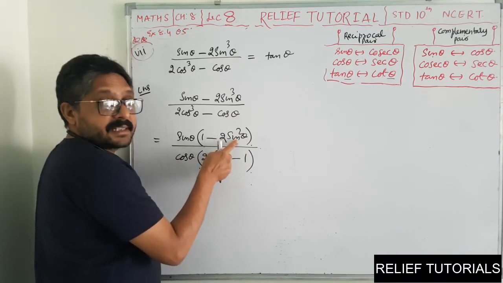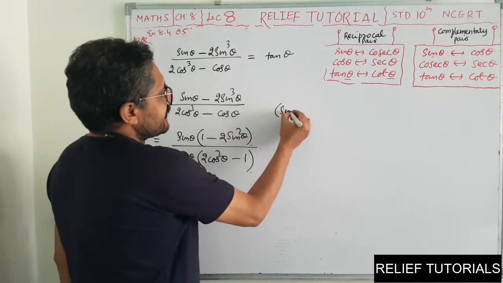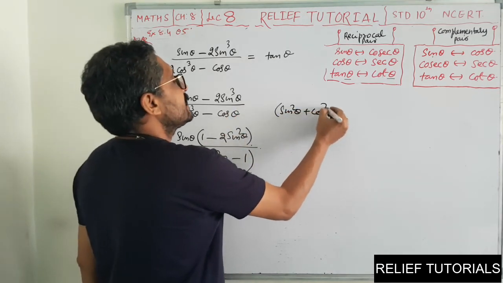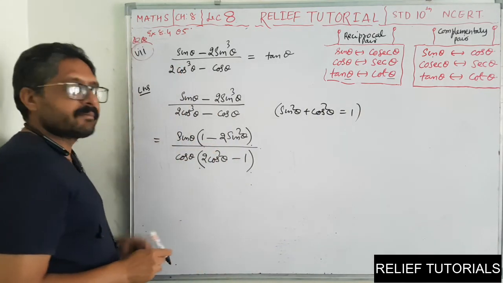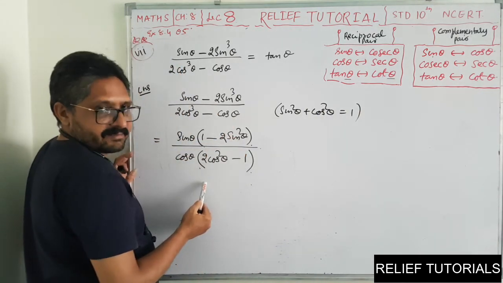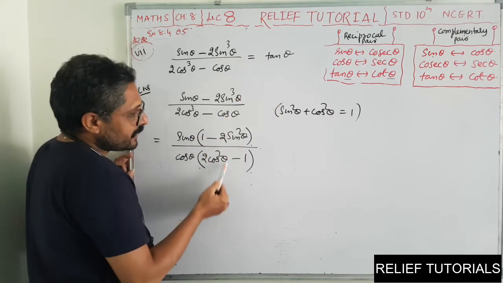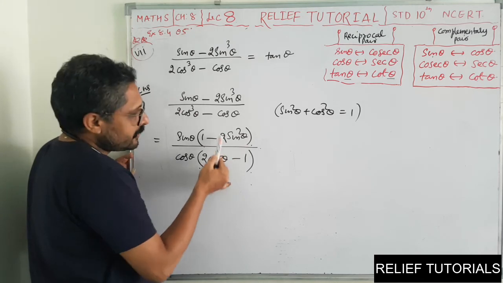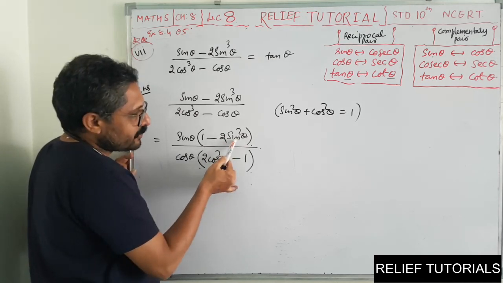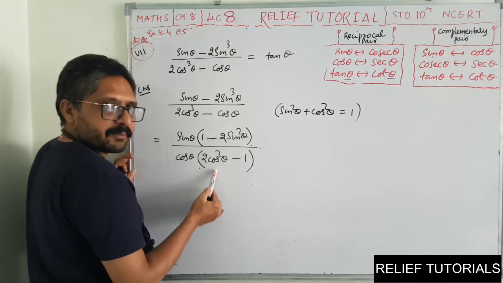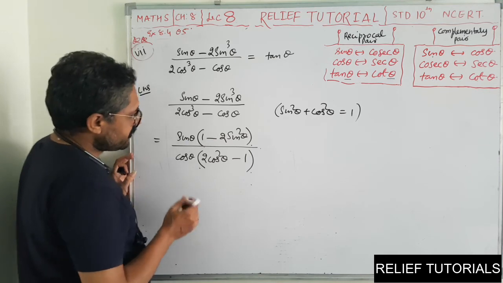So either convert. Fortunately there is a square, so we can use this identity, sin square theta plus cos square theta is equal to 1. Why? Because there are squares. So we use this identity. In order to cancel this, sin upon cos is tan, so this should get cancelled. When will it get cancelled? When both are same. So in order to make them same, here it is sin square, here it is cos square. So either I will convert sin square into cos square, so everything will become cos, or this cos square into sin square, as you wish.